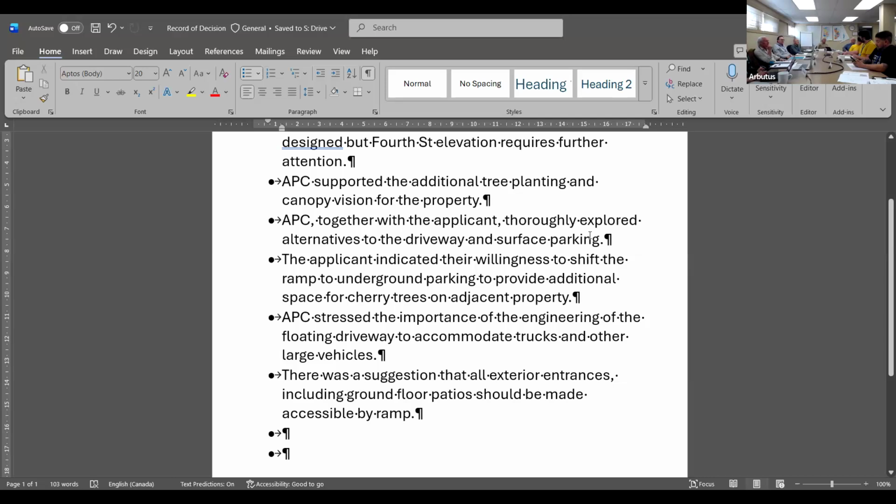I was just curious, I'm not sure if it's because it already lives in here, similar to your comment, but one of the largest discussions was around the removal of tree 951. And I understand that that's in here, but if this is key highlights, should that be addressed as a recommendation? We could throw it in there.